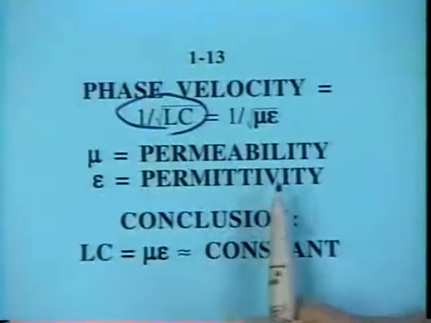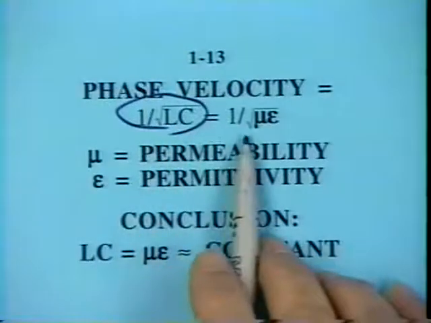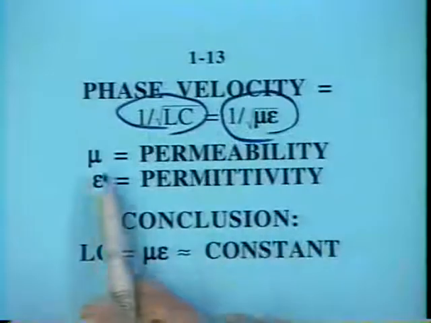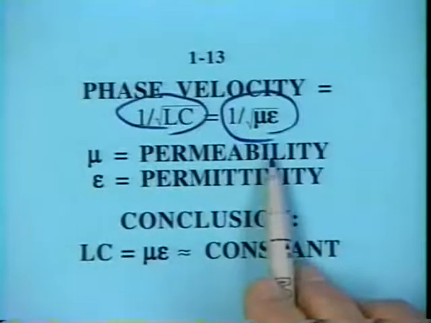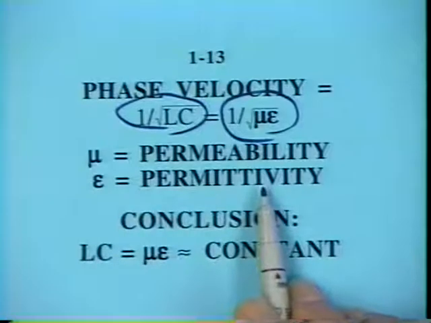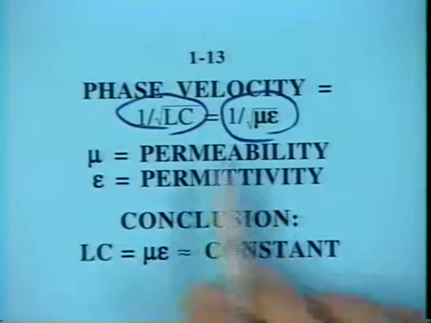It's the material properties. The material properties around the wiring essentially determine the speed of light of electromagnetic waves in that material. So we take a look here, and we'll find that the velocity can also be written as 1 divided by the square root of mu epsilon, where mu is the magnetic permeability and epsilon is the dielectric constant, or sometimes called permittivity, of the medium. So what this tells us is